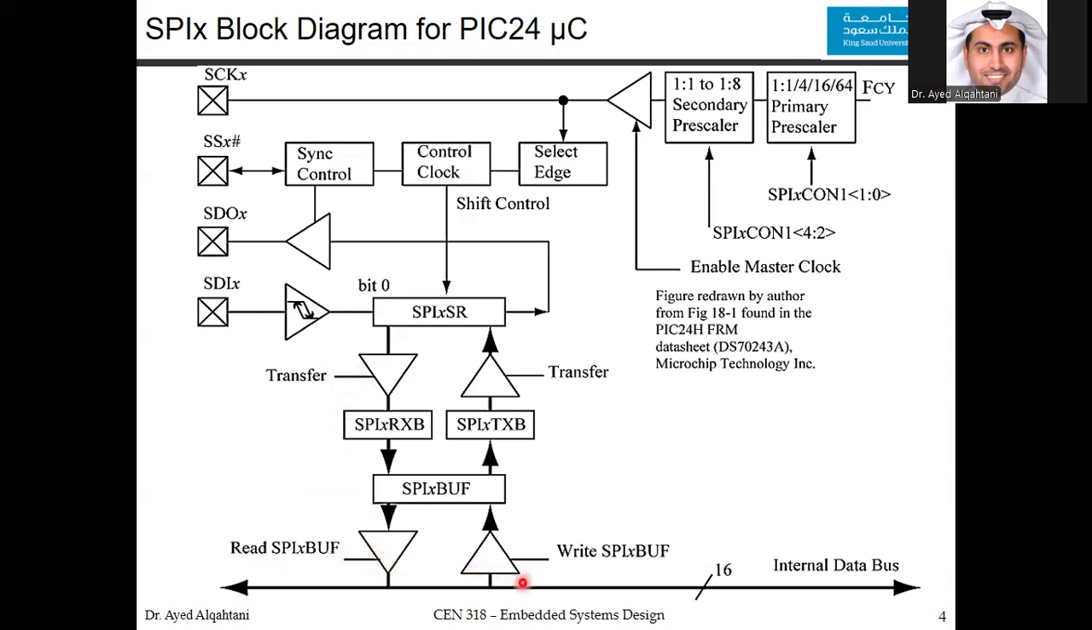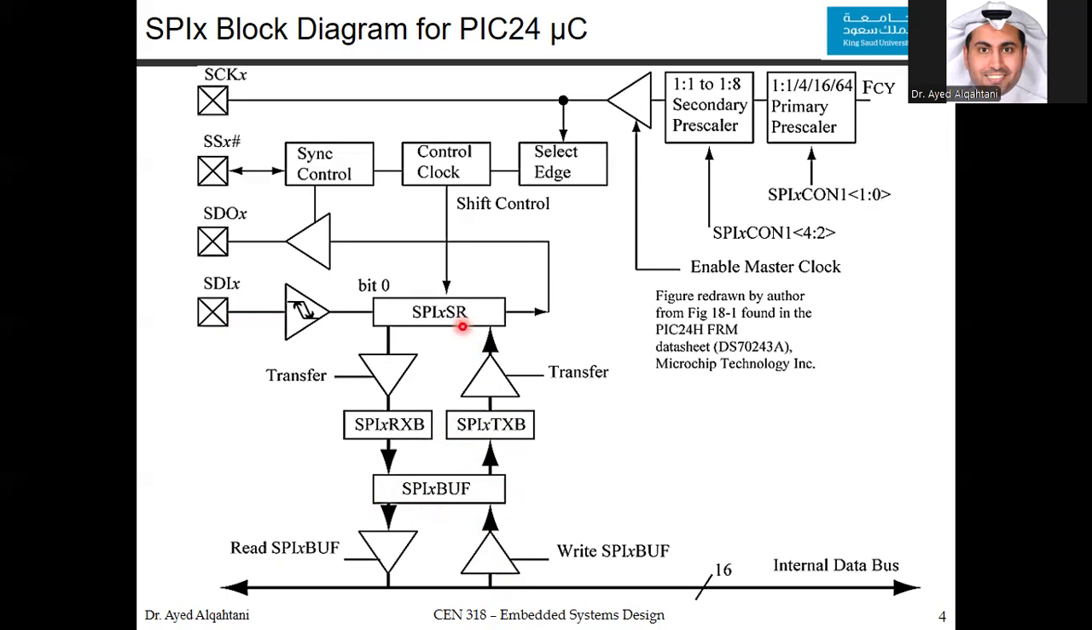And now for transmitting from the data bus all the way to the shift register, and then from the shift register, bit by bit, it moves serially to the SDO output pin to move to the other unit. It actually goes from the data bus through this buffer to the SPI buffer that you see here. This SPI buffer is actually shared for both receiving and transmitting. Now it moves from here to the SPI transmit buffer,